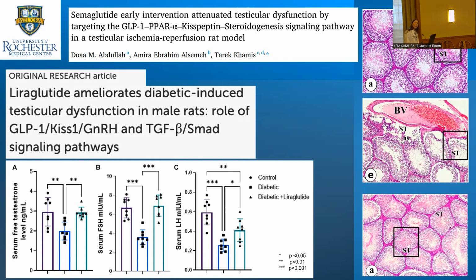So the top title is for the histological pictures and the bottom title is for the graph that I've included. This experiment looked at whether liraglutide enhanced testicular function through that GLP-1 kisspeptin GnRH pathway in male rats, and diabetic